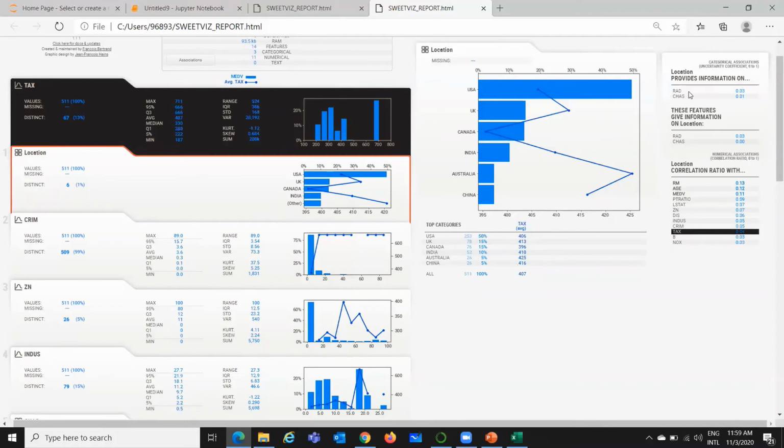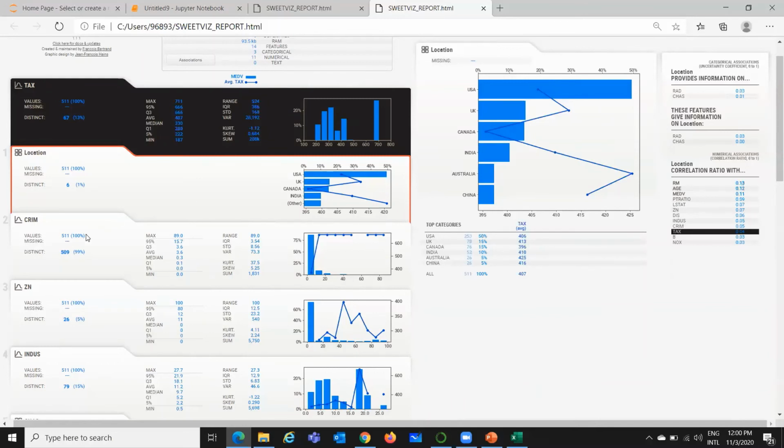So this gives you more detailed location and correlation as well. So you can see tax and location, the correlation is very low, 0.04 only. If you look at this, I can say that RM, age and MEDV are more correlated with the location.